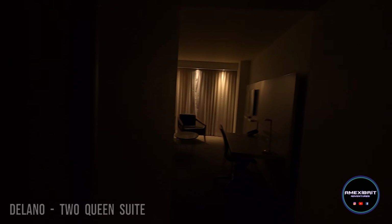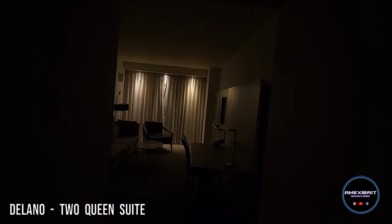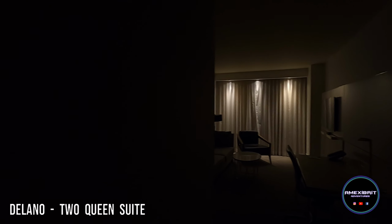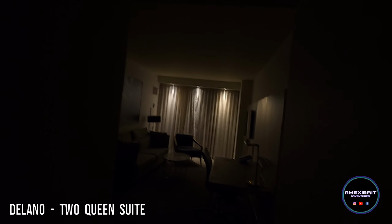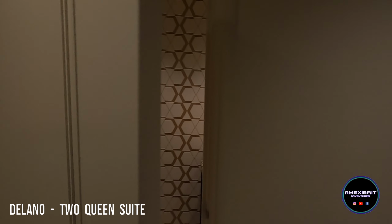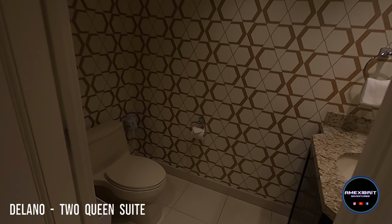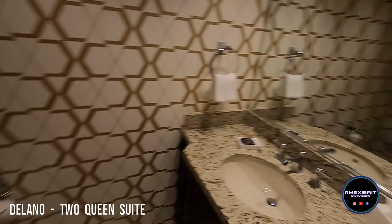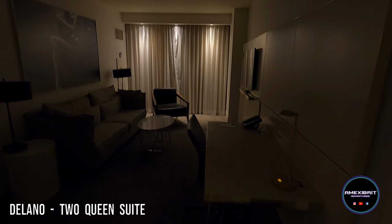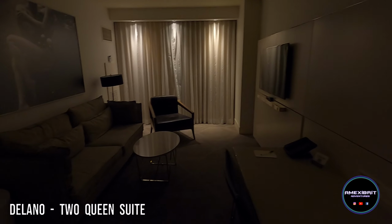This is a room tour of Delano Two Queen, room number 36914. And the lights on. So as you come in, you've got a half bathroom with a toilet and a sink, and then you've got your main living area